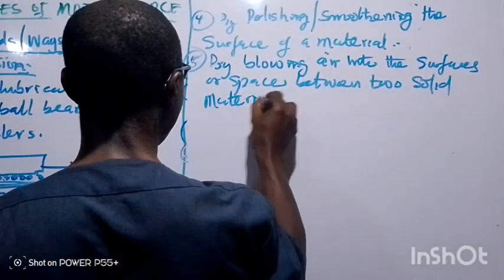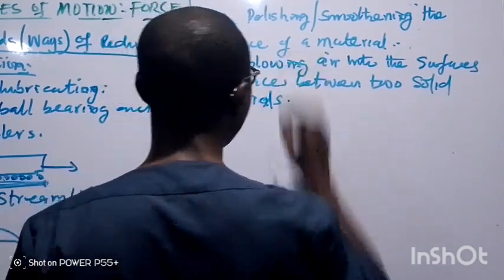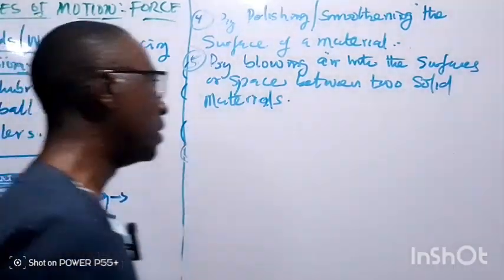Mere blowing air in between surfaces or space between two materials, then you reduce friction. Then number 6